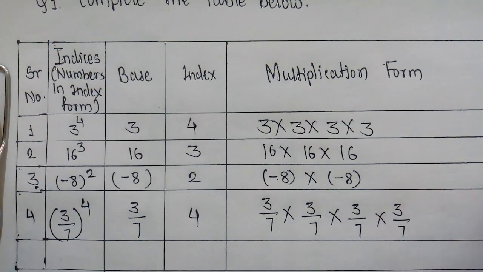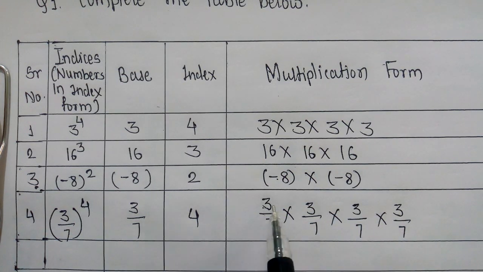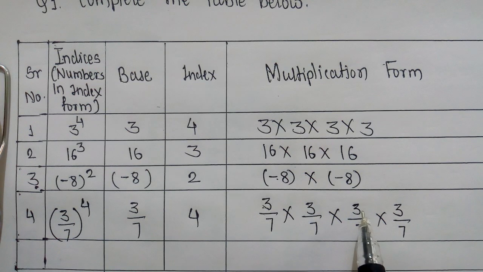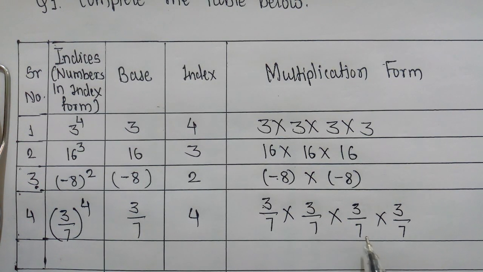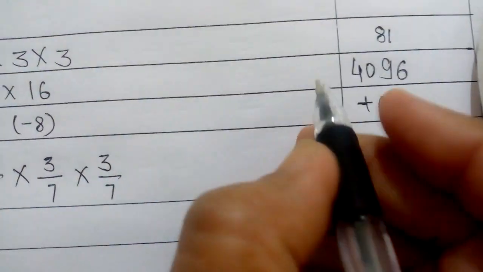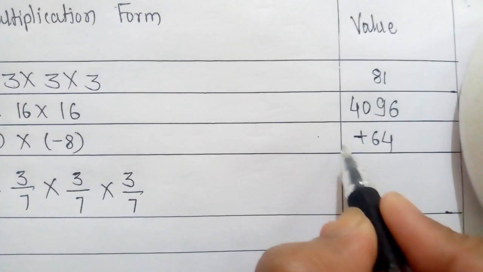And in the last column, the value column, we can write the multiplication of this. You already know multiplication, you have learned it in the previous chapter. We have to multiply the numerators and then multiply the denominators. 3 3s are 9, 9 3s are 27, and 27 3s are 81. So the numerator will be 81. Now the denominator: 7 7s are 49, 49 7s are 343, and 343 7s are 2401. It is already given in your textbook in the last column, so we will write it here: 81 upon